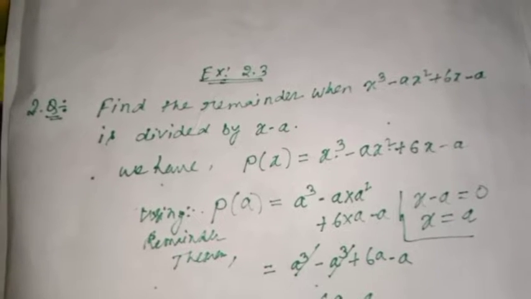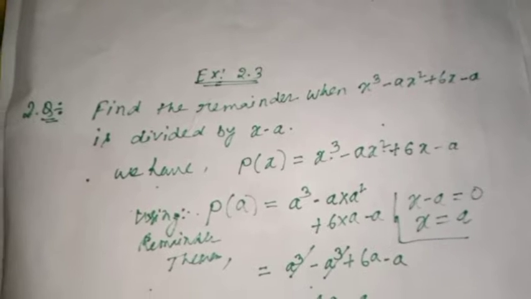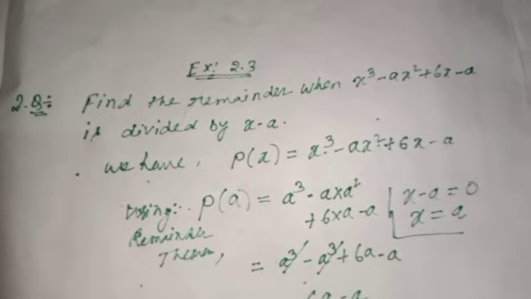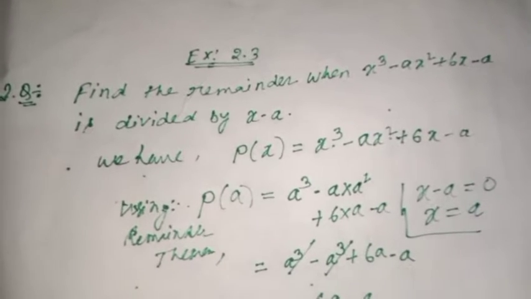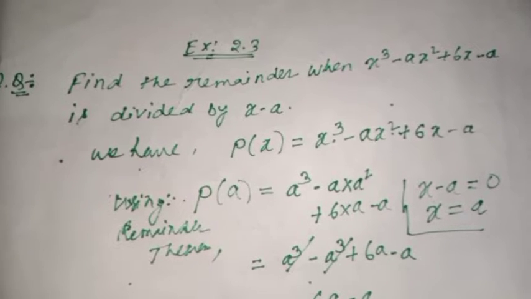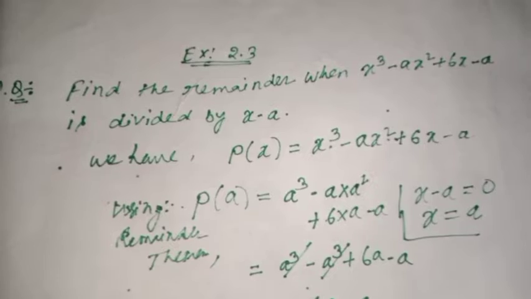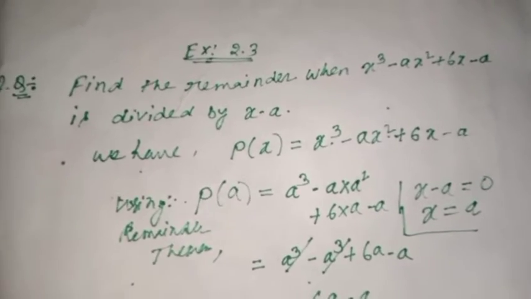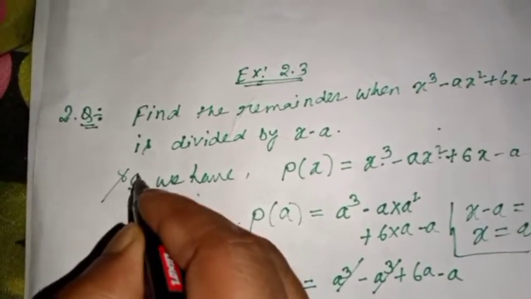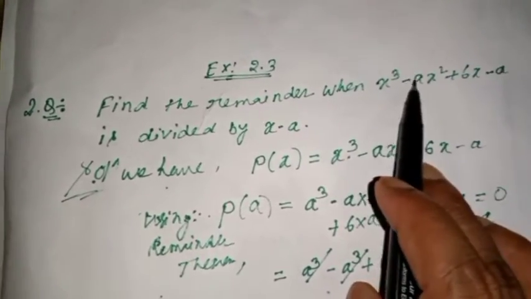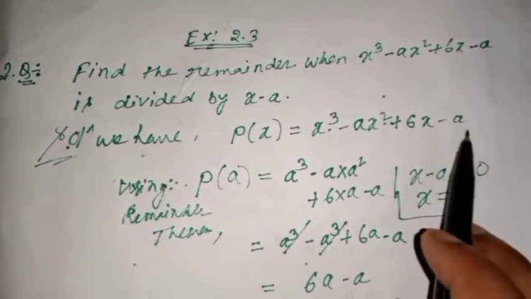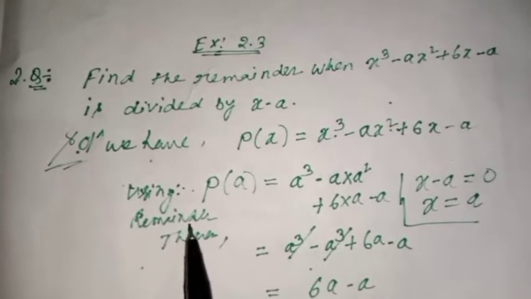Now we are going to solve question number 2 from exercise 2.3. You can see clearly that question number 2 is: find the remainder when x cube minus ax square plus 6x minus a is divided by x minus a. So this is the solution. Now see, first of all, this one you have to write as p(x). We have p(x) is equal to x cube minus ax square plus 6x minus a. Now using remainder theorem,